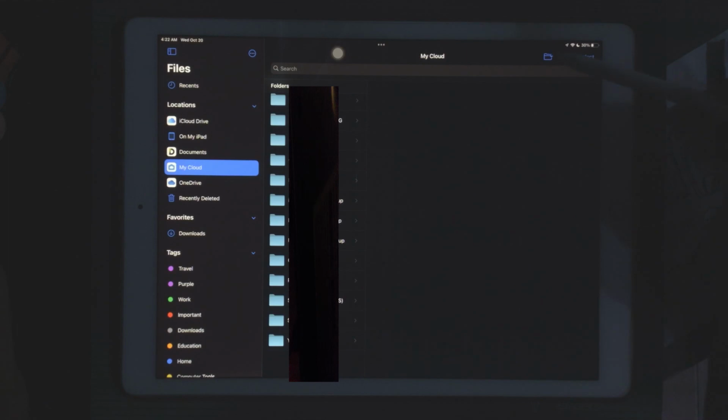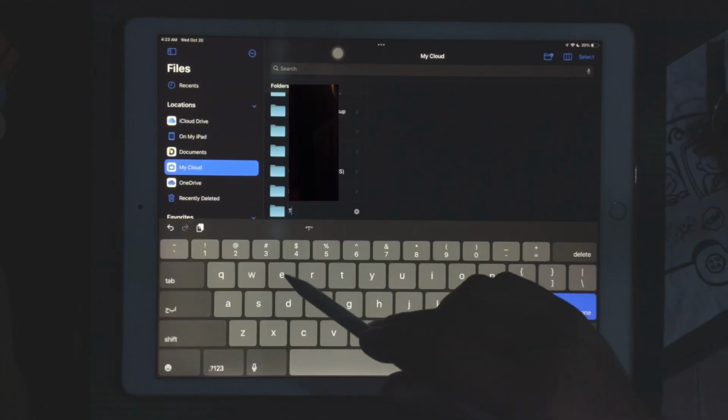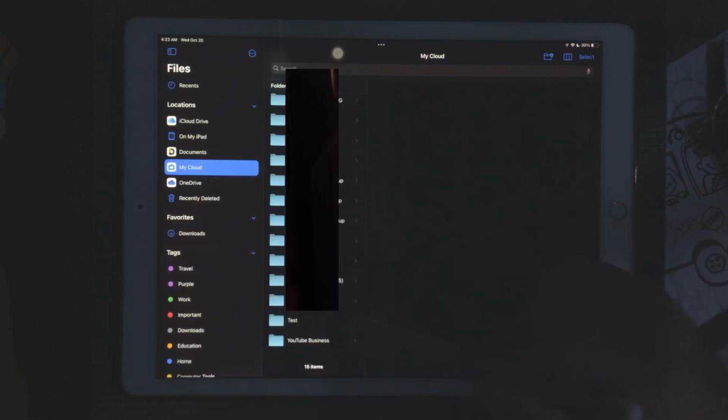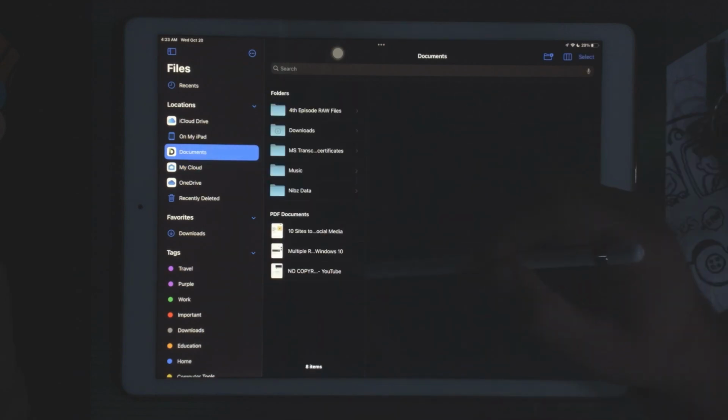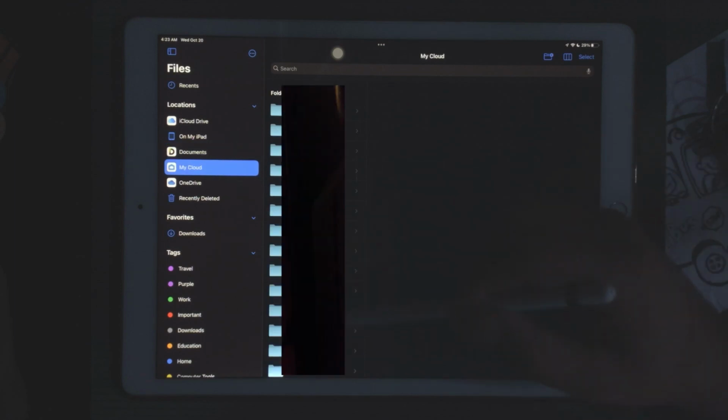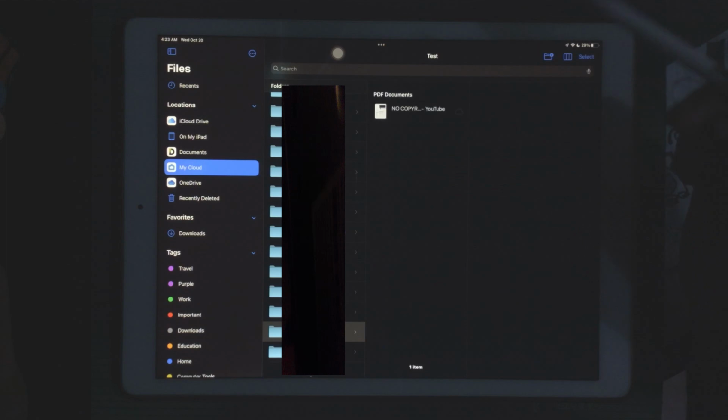Of course, you can create new files and add from anywhere on your device. Let's see, from Documents, I'm gonna add this file to MyCloud Home. Copy to MyCloud, test folder, and paste. And there you go, guys, it's uploaded to your Cloud Home. And we can verify that by the MyCloud app.